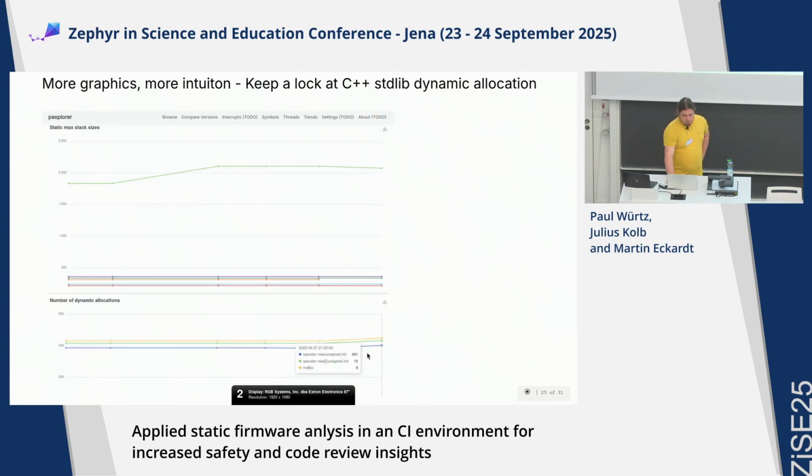And this is also a thing that we were particularly interested in, in the group where I'm working. We integrated some C++ standard lib functions. We were really surprised that they're allocating, and we didn't know that. So there was a discussion in the team, how can we drive that down? We wanted to watch, like, standard sort or something that's doing hidden allocation in our firmware. So here you can see with the tendency, okay, during the last release, we even increased dynamic allocations a little. Usually you don't trigger that, hopefully, so that we don't get memory